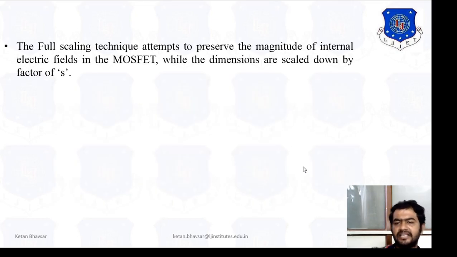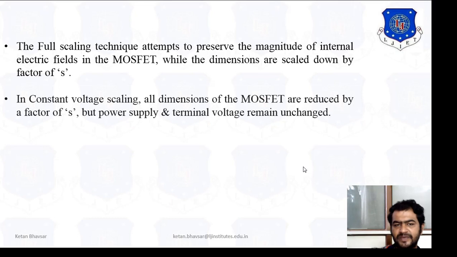So full scaling techniques, as I already told you, the reason is very clear why we consider full scaling in MOSFET capacitance, because the capacitance of the junction also plays a main role. So in the exam, if they are asking only about junction capacitance, then you also have to make sure of the basic comparison between full scaling and constant voltage scaling.